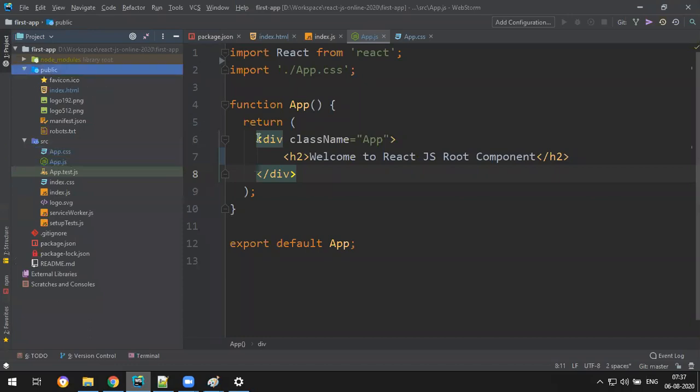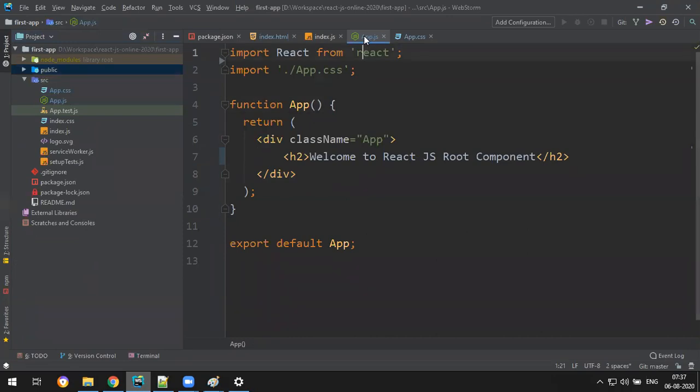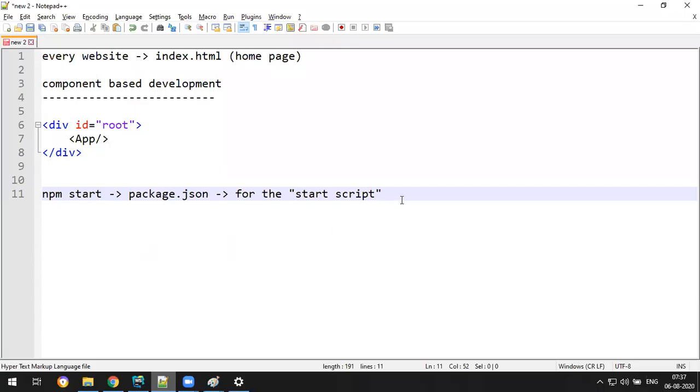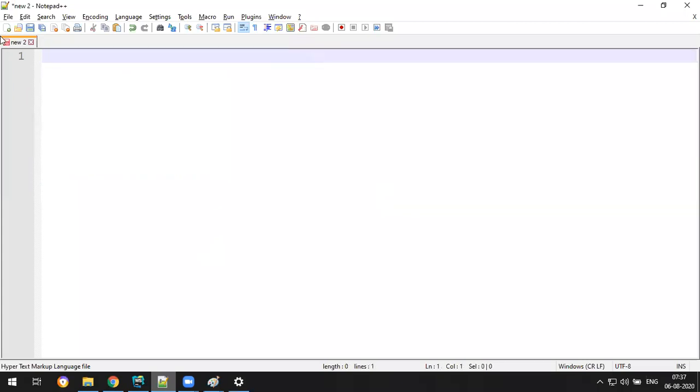I want to create my own component and apply my own styles. Let's see that part now. In React.js, let's start with the concept called React.js components. First of all, again, what are components?